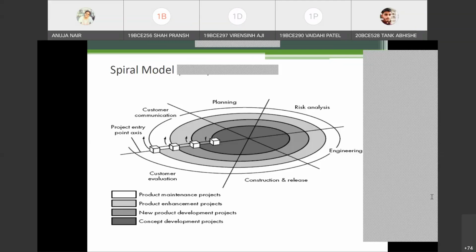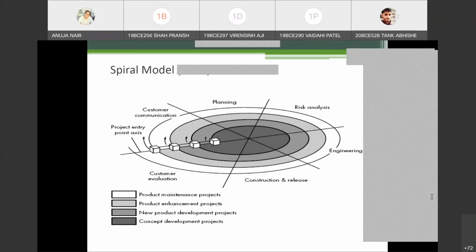So you need to see that in spiral model, a new factor is risk analysis, right? So the number of spirals are actually based on the risk factor. तो जितना आपका हाई रिस्क है उतने ज्यादा स्पाइरल्स होंगे. तो जब तक आपके रिस्क फैक्टर कम नहीं होता है तब तक स्पाइरल विल कीप ऑन मूविंग. So the answer: are the spirals fixed in spiral model? No, they are not fixed. On what factor does the number of spirals move? They move on the basis of risk analysis. So if your risk is high, it will keep on moving. When your risk lowers down or when your risk is completely next to negligible, then your spiral stops.